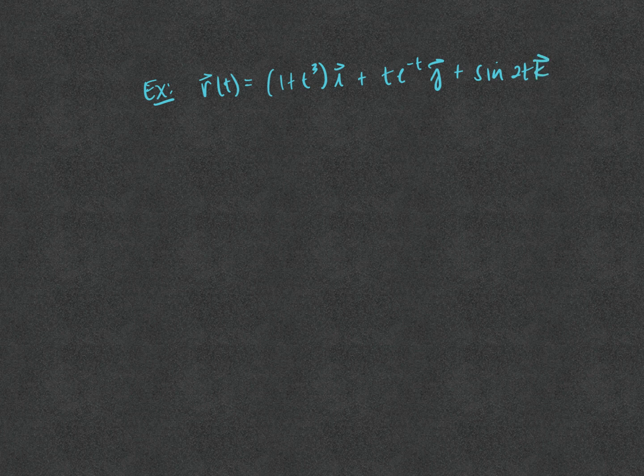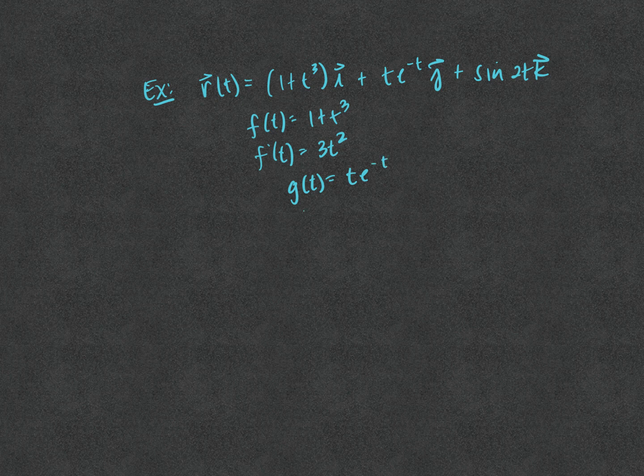Now, you don't have to show a ton of work, but I'm going to do it the long way. So we're going to say, let's let f of t equal 1 plus t to the third. Then the derivative of that is, the derivative of 1 is 0, and the derivative of t to the third is 3t squared. Then the second piece, we're going to say g of t equals t e to the minus